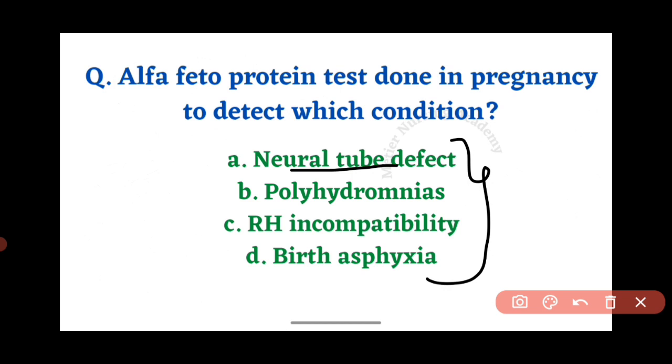The best examples of neural tube defect are spina bifida, meningocele, myelomeningocele. The next one is polyhydramnios. See, the normal amount of amniotic fluid has to be present in